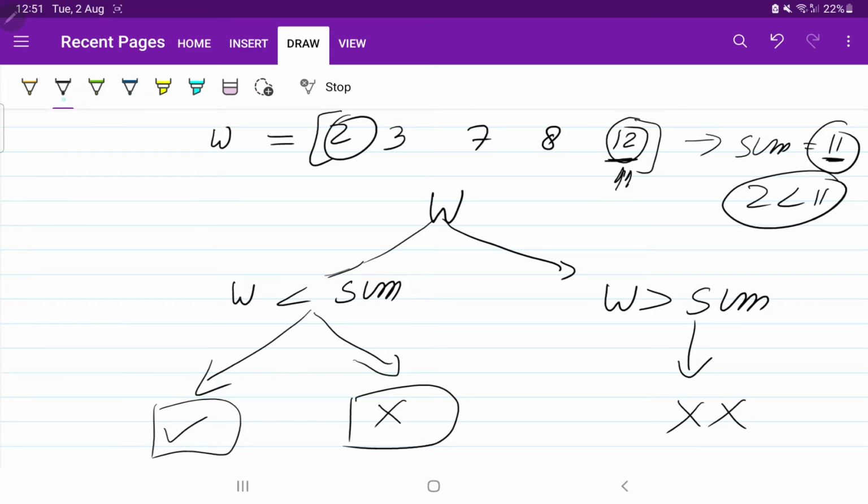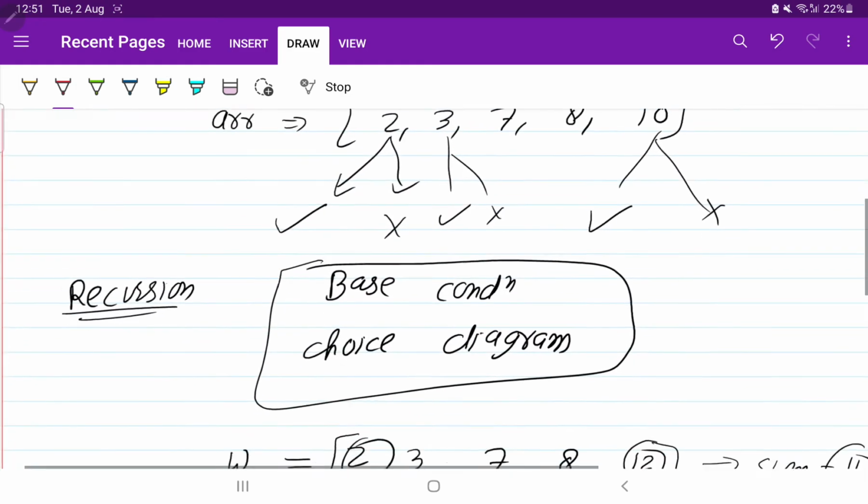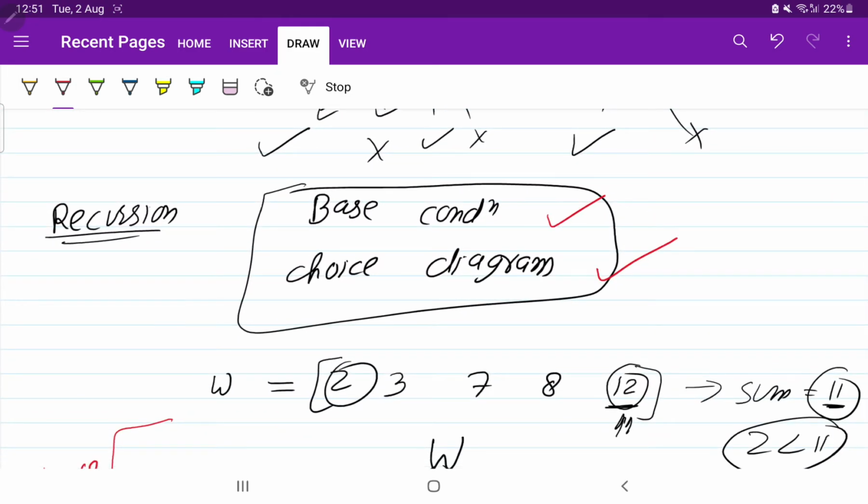I will mark it like this. For W, if it is less than sum, then we have two choices, whether to take it or leave it, and if it is greater than sum, we have only one choice, leave it. So this is the choice diagram. Now I told you we want two things, choice diagram and base condition.